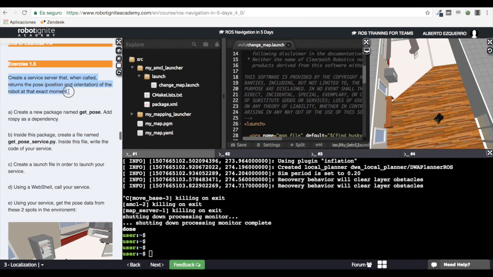So exercise 1.5 is: create a service server that, when called, returns the pose, position and orientation of the robot at that exact moment. So you have to create a service server that you can call, and this service server will respond with providing the estimated pose of the robot in that moment, in the moment that you perform the call to the